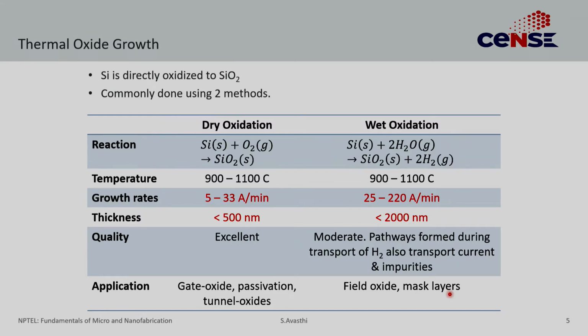A few other comments I would like to make is that below 800 degrees C, typically the rate of oxidation is very small. This would be at odds because in the past I have told you that silicon will form a native oxide if you leave it in air. So, how is it that we do form a very thin silicon dioxide even at room temperature, but then I am claiming that you will not have any appreciable growth rate all the way to 800 degrees C? The short answer to this question is surface and bulk are different.